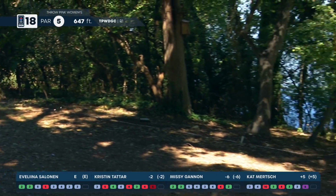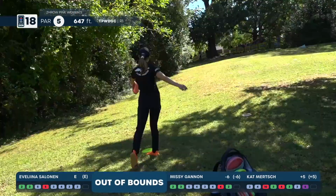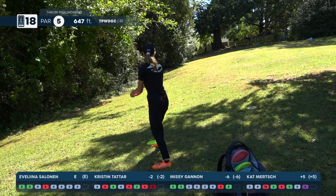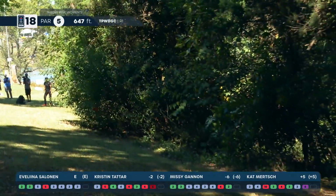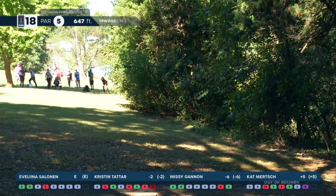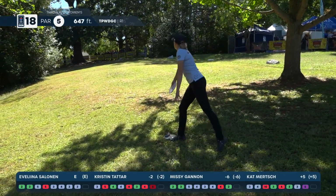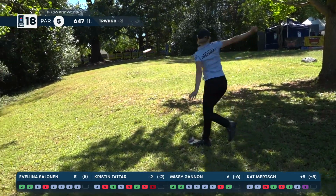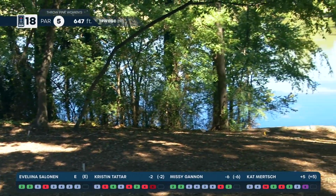This is a really tricky spot, the way she was pinched off by that tree, and unfortunately doesn't get enough width on that shot. A similar mistake from Kat. Oh, no, just bleeding strokes here. Hole number 17 plays as the single most difficult hole on the course. Hole 18 plays as the third most difficult hole on the course. So there's no giving up, no...